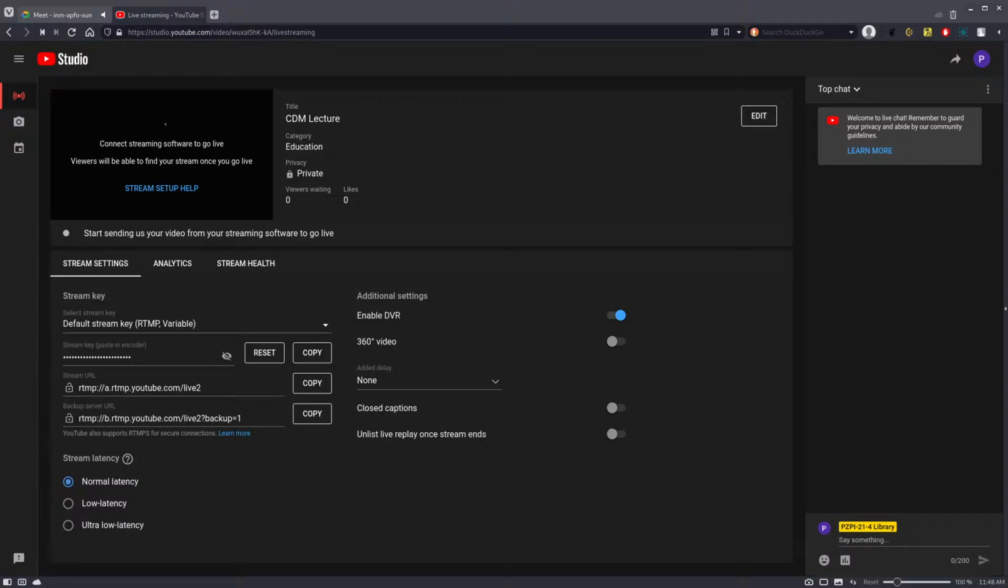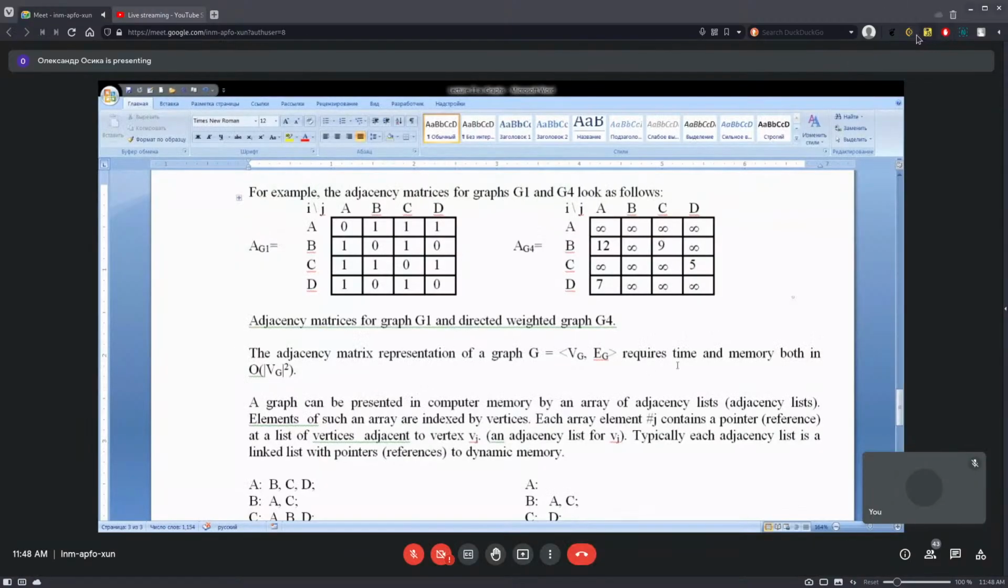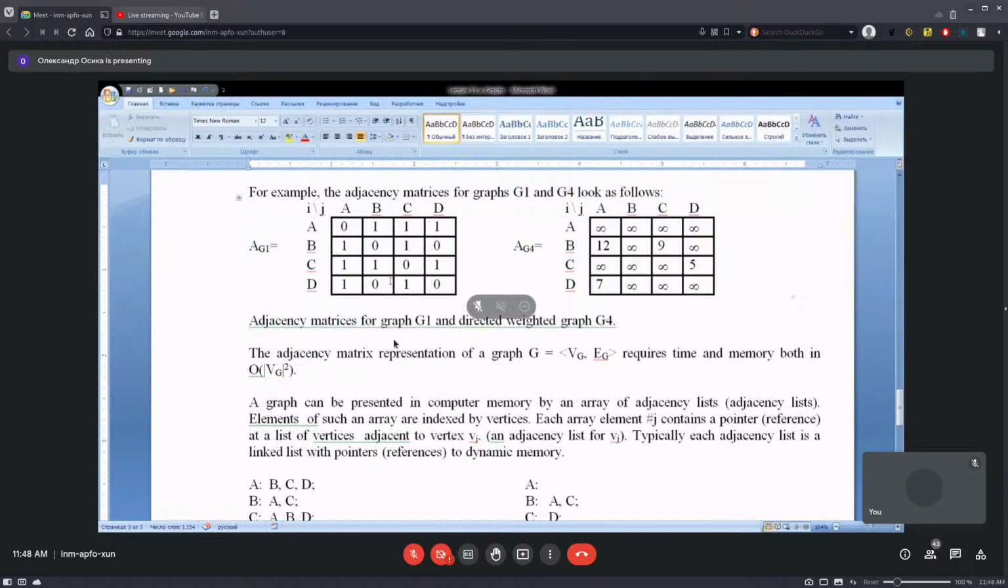The adjacency matrix representation of a graph G requires time and memory, because when we represent it in computer memory, we always think about how much time we need to spend to enter data into the matrix, and how much memory. So that's why, and here I just give you